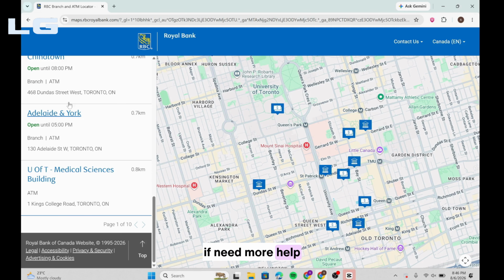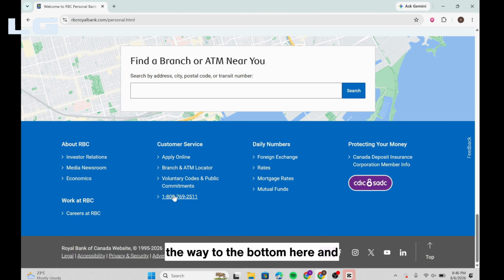Or if you need more help, what you can do is go back and scroll all the way to the bottom here. And there's this phone number here. You can simply contact this number. And before contacting the customer service number, make sure you have your account information ready for identity verification,